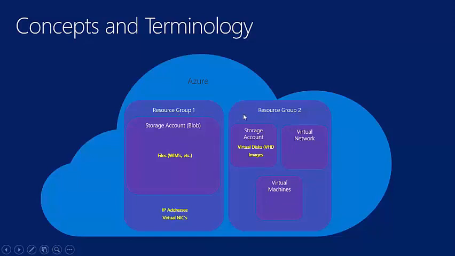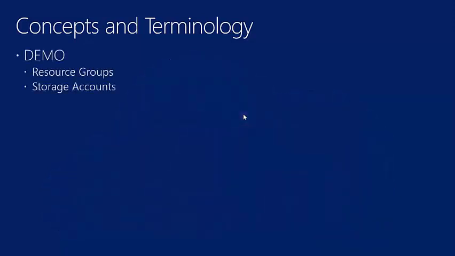What you'll see in my lab shortly is that I have a couple of different resource groups that I'm using for imaging. They are able to see each other and communicate with each other without a problem. It's just that resource groups are unique groupings that might make sense for a given scenario. All right. So this concepts and terminology stuff, let me show you real quick an example of just a couple